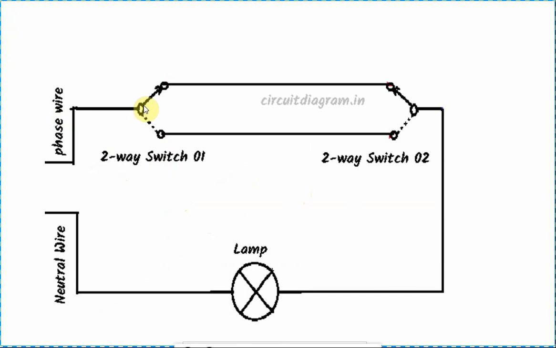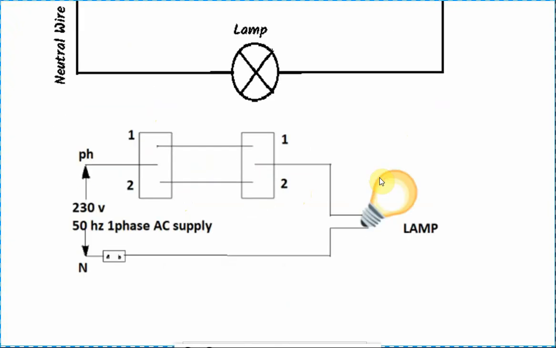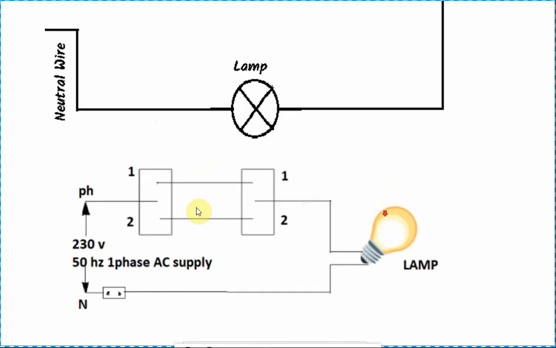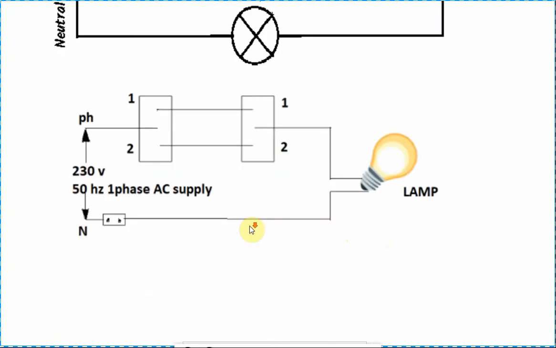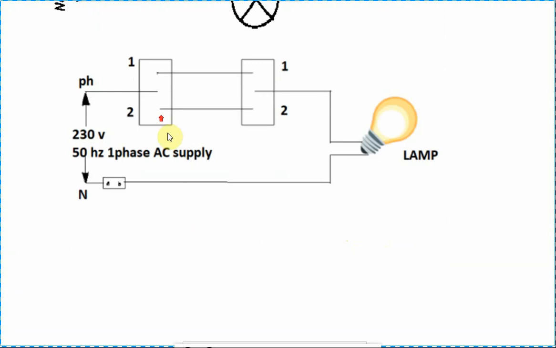The center point is connected to the lamp. Previously I showed you the cross connections. You also have the straight connection possibility, but the tabulation will change. This is a one line diagram, so you get somewhat more clarity. Now we will look at the tabulation of this diagram.